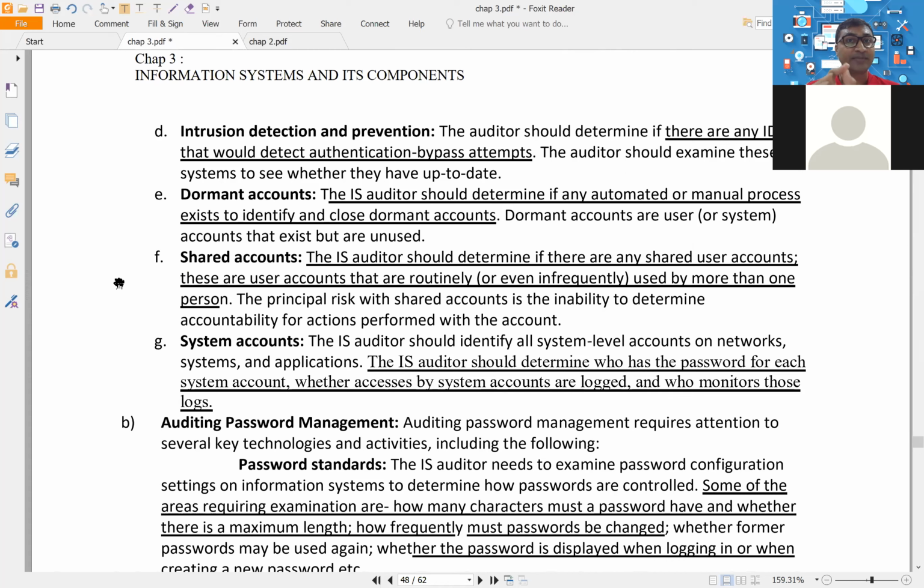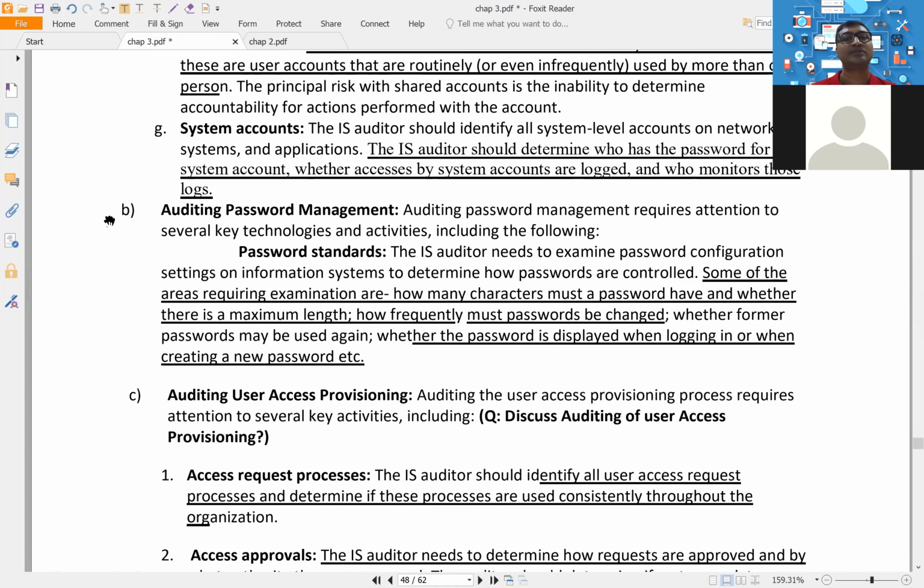If the same username and password are shared by multiple persons, then it will be difficult to find who has done the malicious act. Because suppose in one department every user uses the same username and password, how will you detect who has done the malicious act? Then system accounts: who is responsible for managing the admin accounts? Because admin is also a human being, and if you are a human being you are bound to make mistakes. So we should also record all the activities of admin.